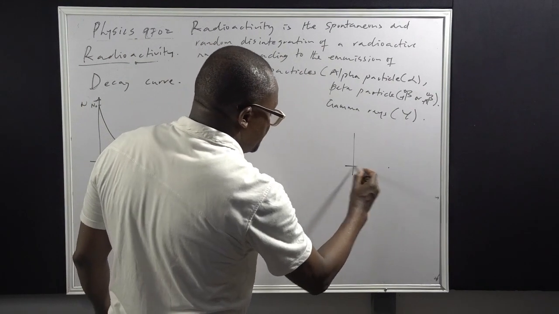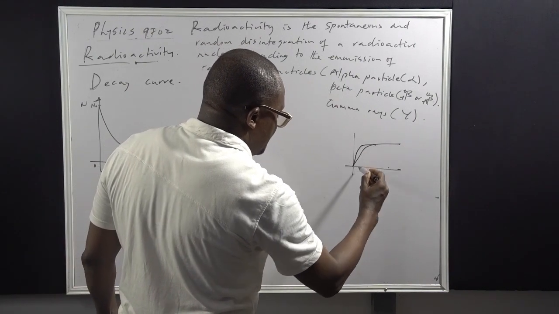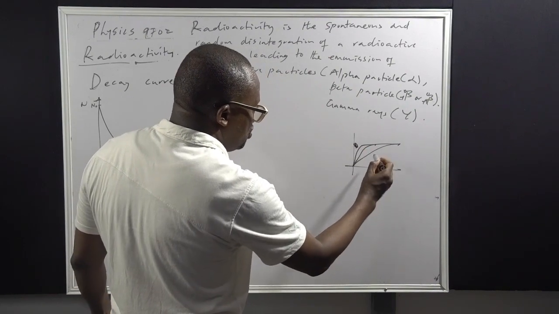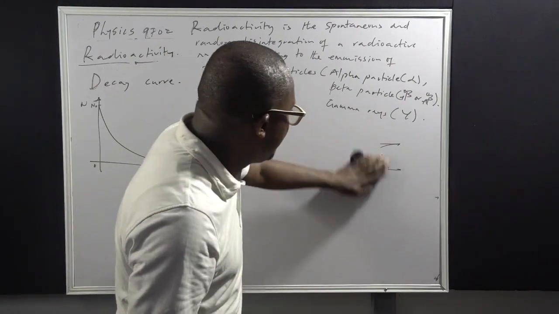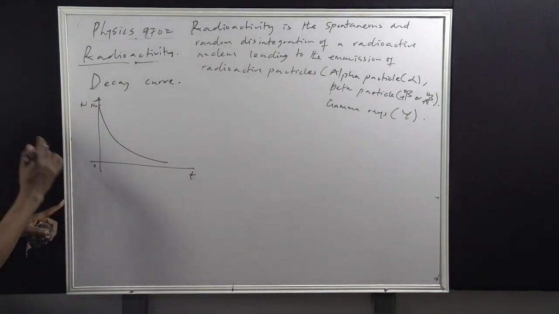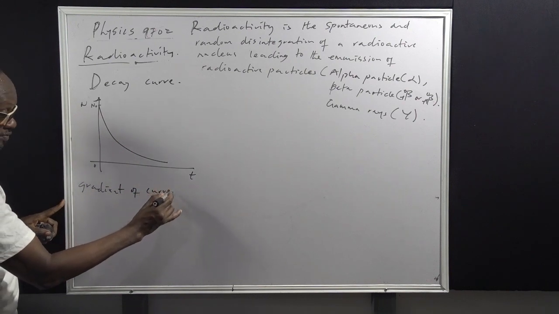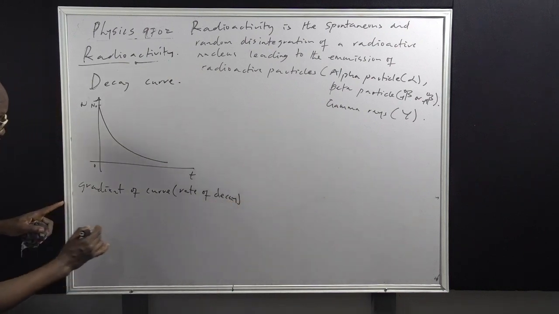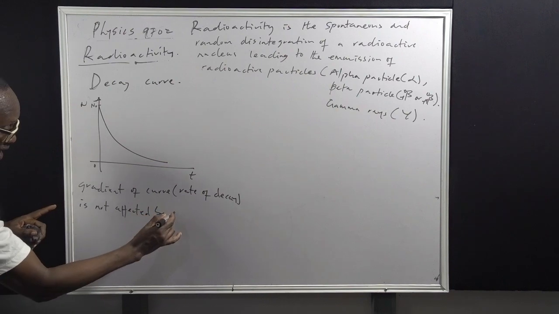Unlike a rate curve, the rate of a chemical reaction, the gradient is affected by external factors. So if I increase temperature, this will be for increased temperature. This will be for lower temperature. This is the normal one. But a decay curve, because it is spontaneous, the gradient of the curve, that's the rate of decay. Rate of decay is not affected by external